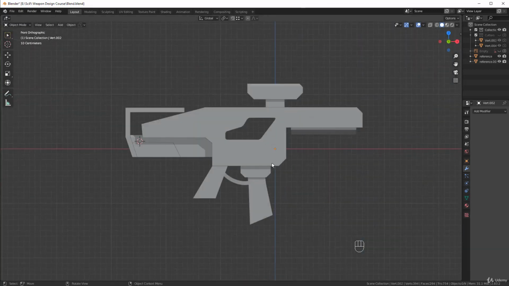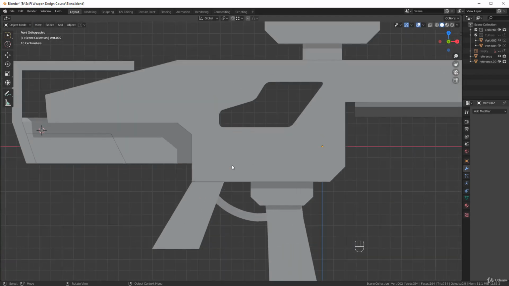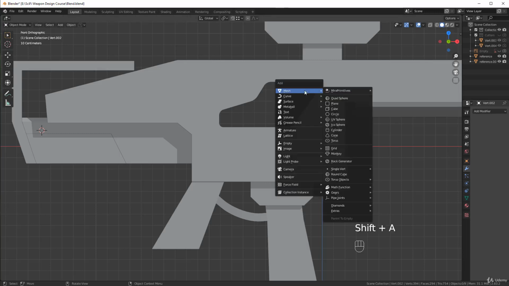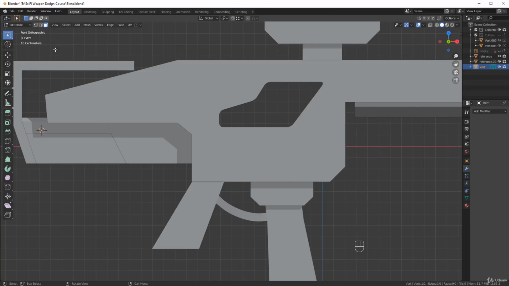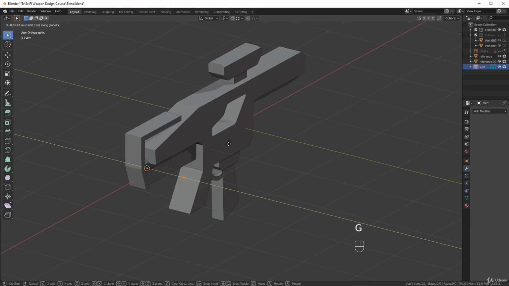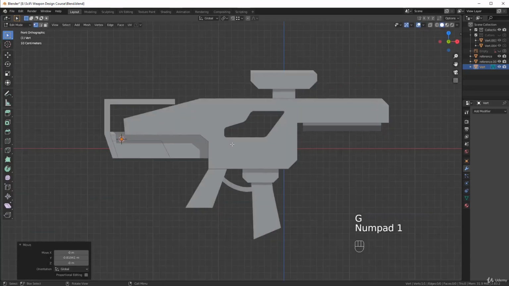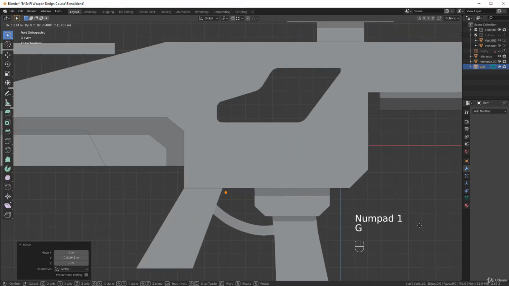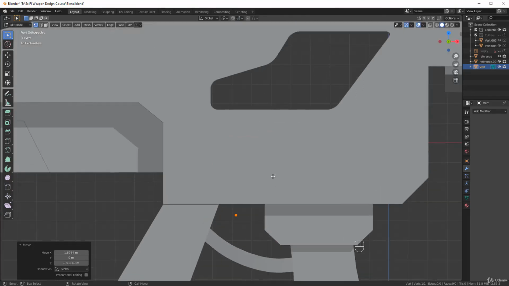So now we need to, of course, add in some more detail. So whenever we add in a cutter, we're just going to be using the single vertex trick. You can use cubes and planes here and there. I just find tracing out with single vertices is easier. So I'm going to press Shift A, we'll go to Mesh, and then Single Vert, add Single Vert, and of course we'll just go to Vertex mode right here, and just pull this guy out a little bit so we can see it. And I'll just position it right about here, change to the increment snap,